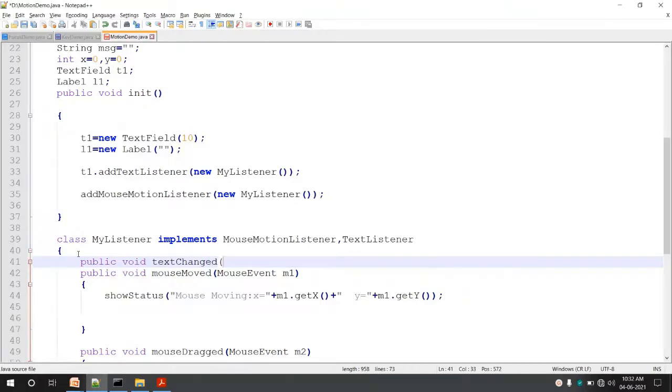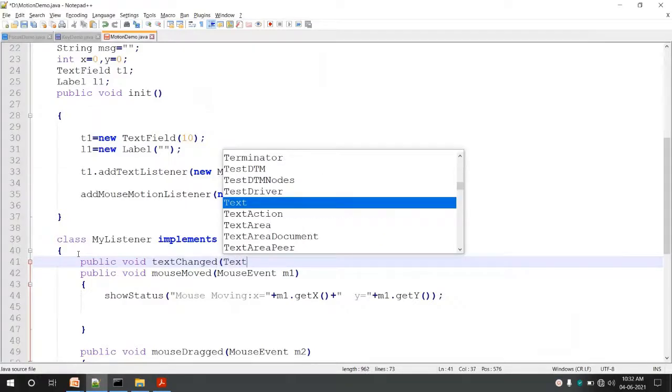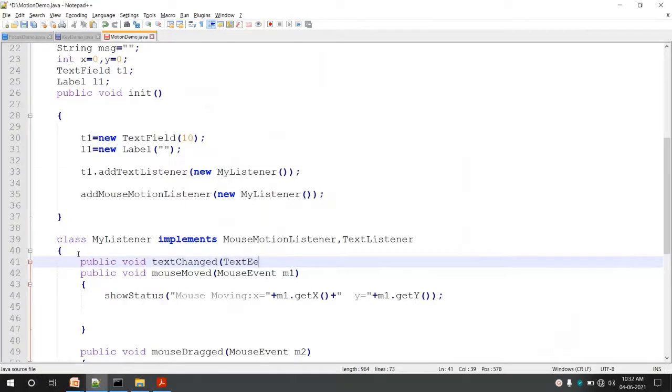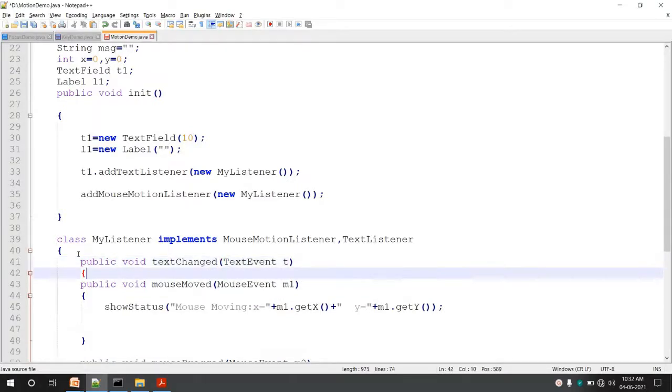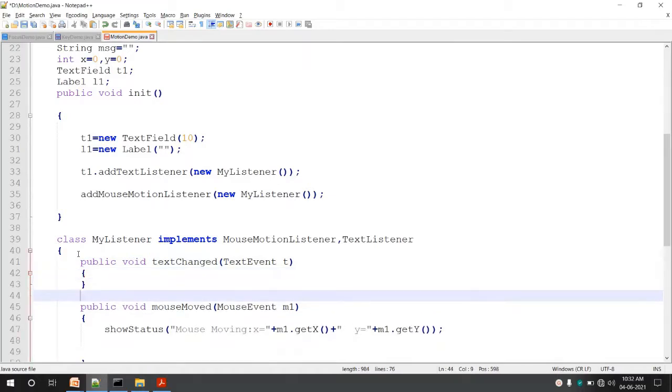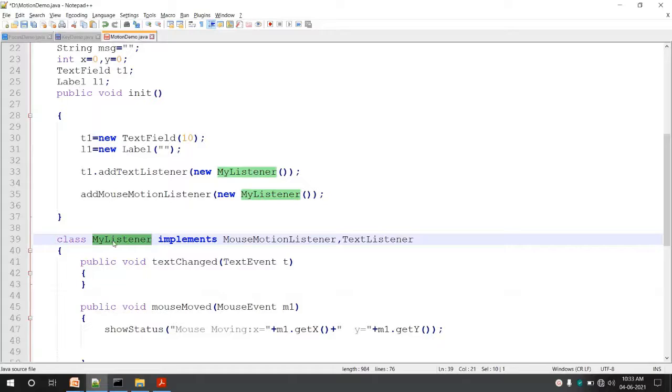And this method takes an argument, that is a TextEvent. So TextEvent, I'll say t. Okay, now look at this listener class. It is overriding three methods: mouse moved, mouse dragged, and text changed. Two of the methods are from mouse motion listener and one is from text listener.